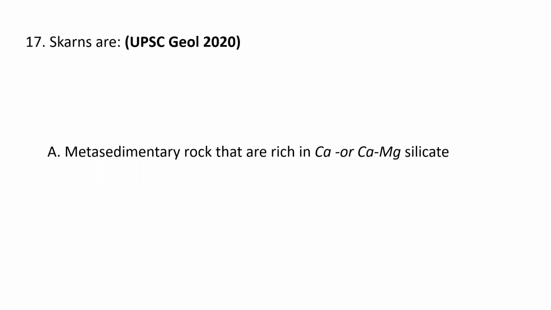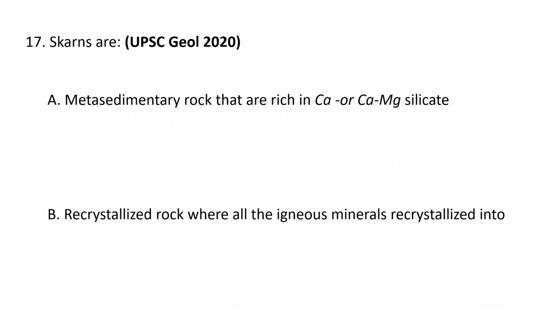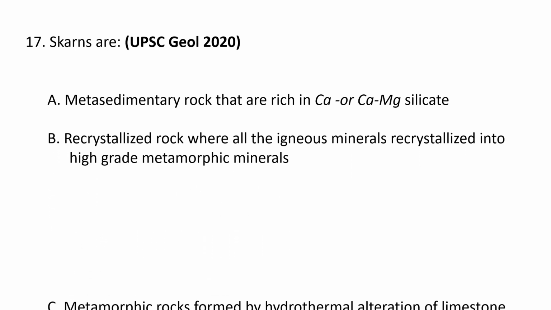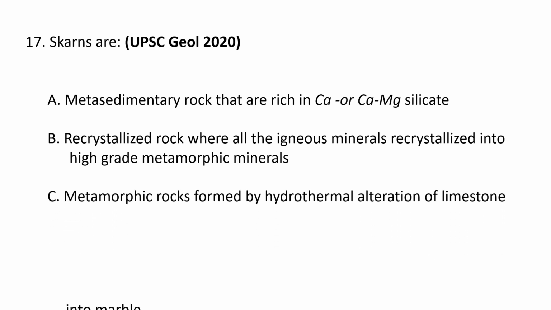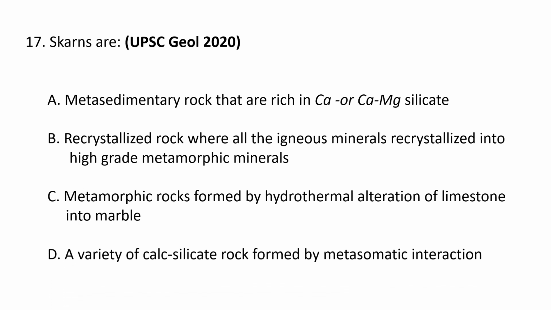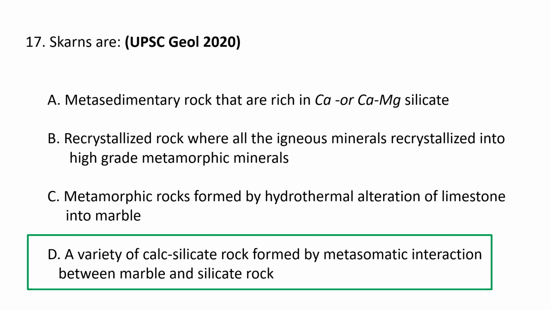A. Metasedimentary rock that are rich in calcium or calcium magnesium silicate. B. Recrystallized rock where all the igneous minerals recrystallized into high-grade metamorphic minerals. C. Metamorphic rocks formed by hydrothermal alteration of limestone into marble. And D. A variety of calc-silicate rock formed by metasomatic interaction between marble and silicate rock. So the correct answer is D. So these are the variety of the calc-silicate rocks which are formed by metasomatic interaction between the marble and the